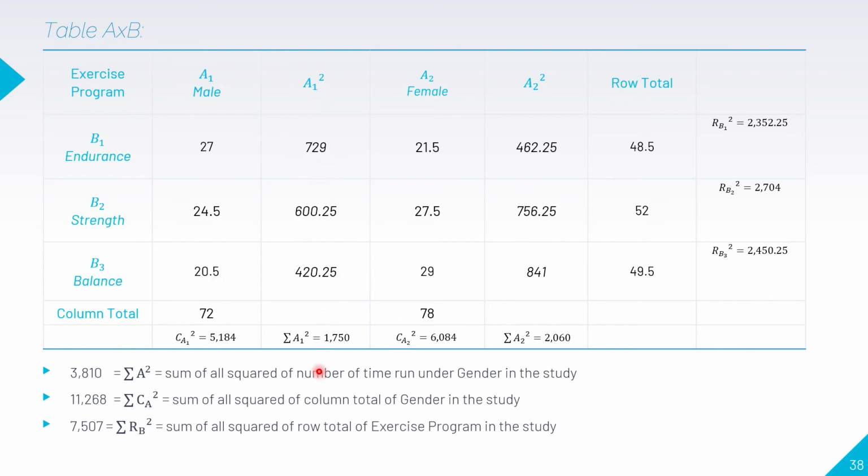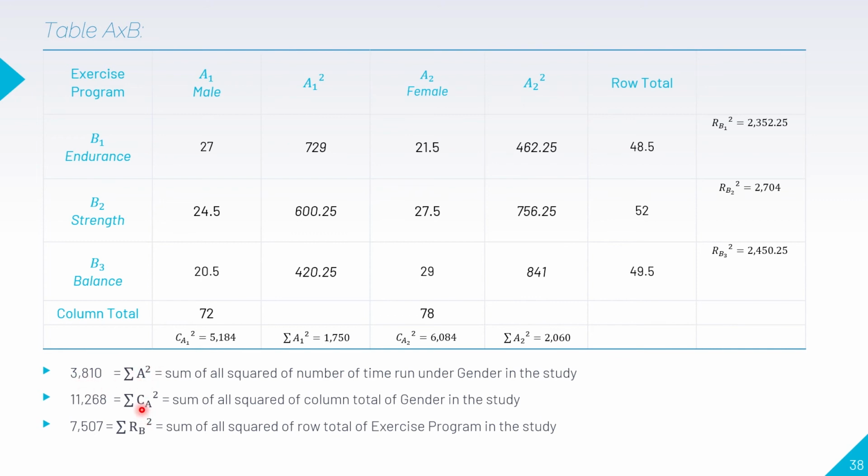Then add these all to obtain the summation of A sub 1 squared, 1750. Same as this one, square this, square this, square this, and now we have our summation of A sub 2 squared equals 2060. So 1750 plus 2060, we have our summation of A squared,